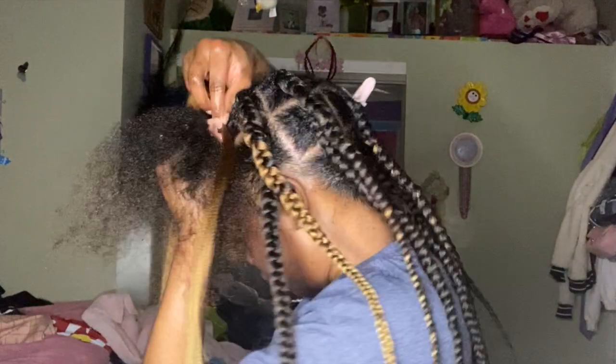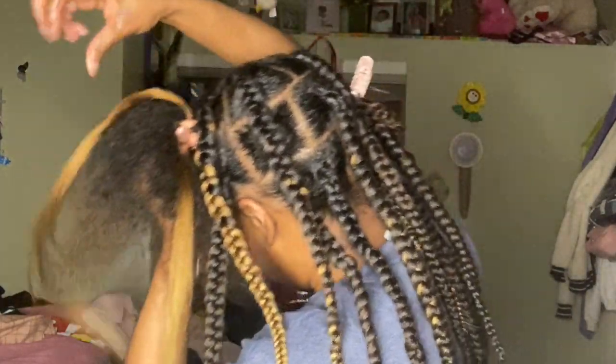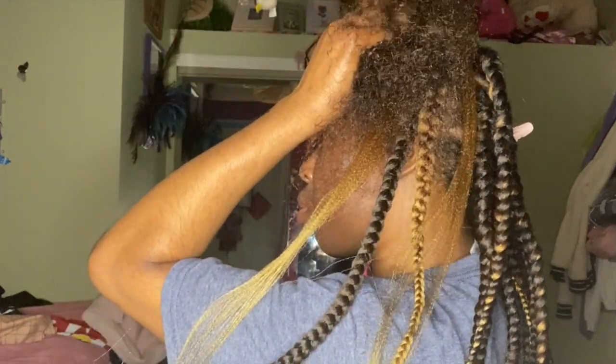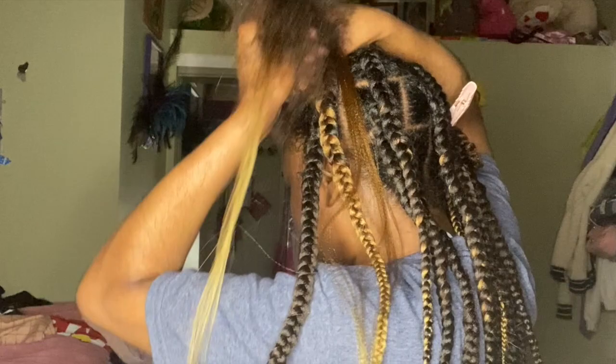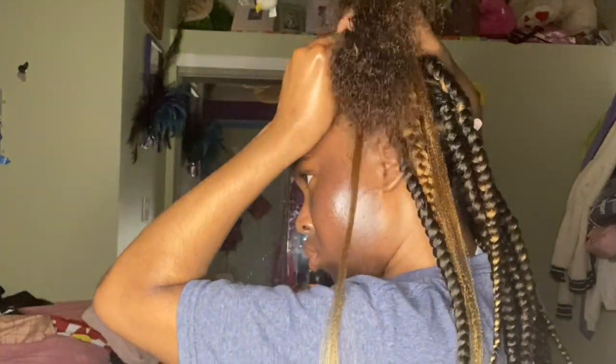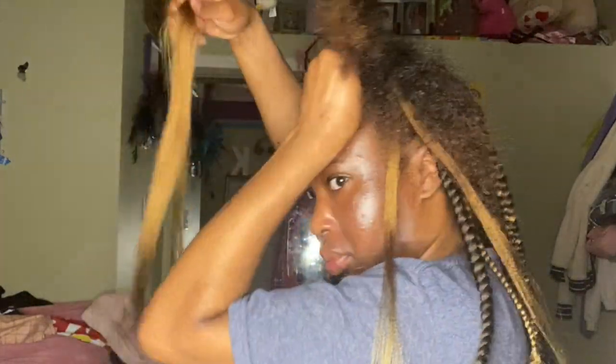Now I'm placing each piece of hair right there in between my left index finger and thumb. Now there's a strand of hair in the middle section and the far right section. I'm going to braid it once, and then a second time, and then I'm going to add in my 2nd piece of hair